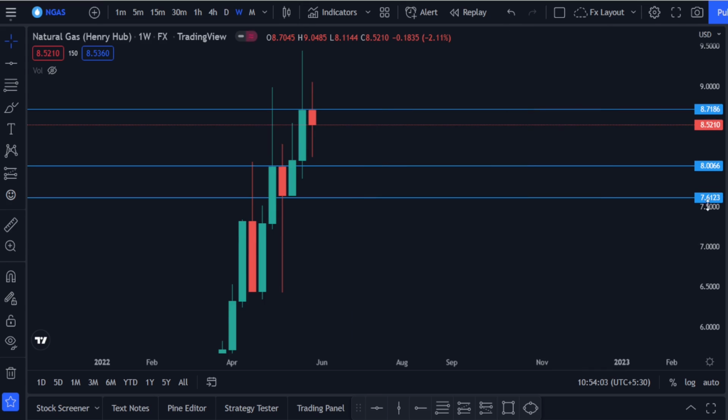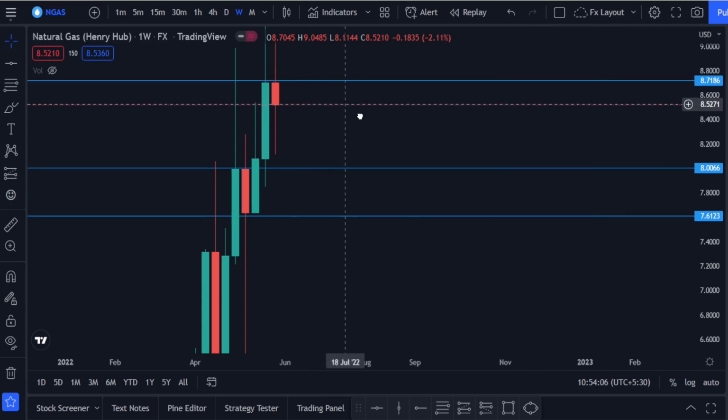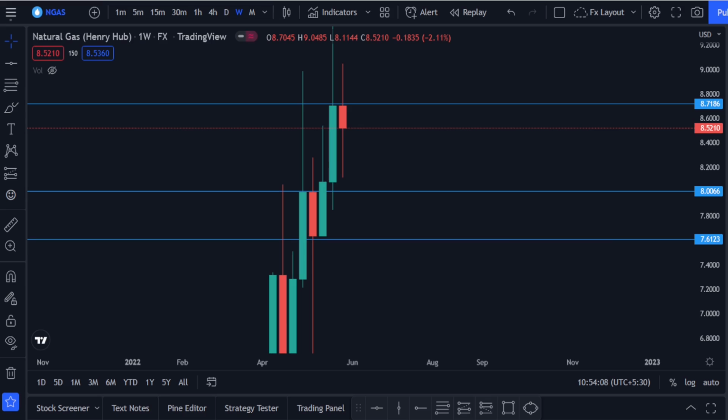As you can see, we have already closed bearish and made resistance, so we are expecting the next weekly candle to make some kind of top wick, retest this area and continue moving down and fill this whole range. And if we get another closure below this support, then that will be the price breaking into this new range,